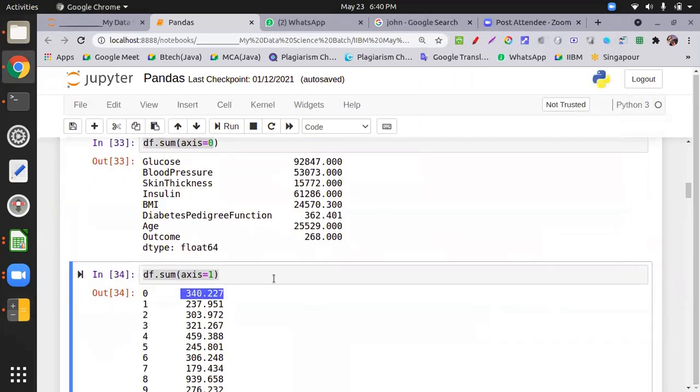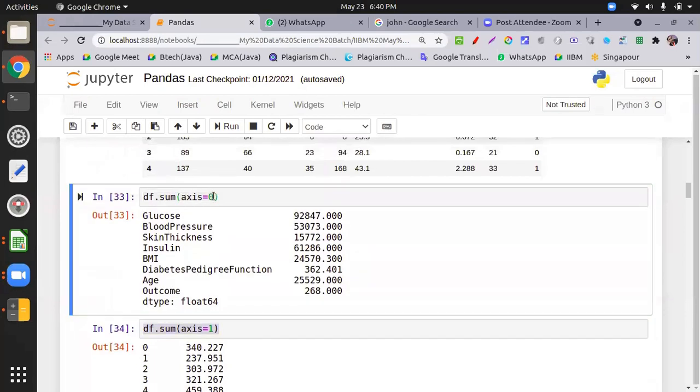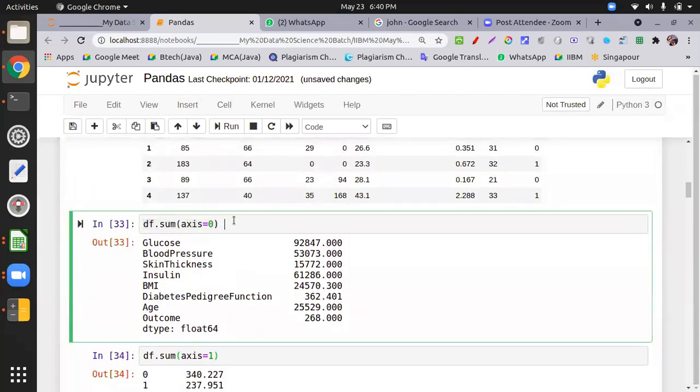So this is row wise calculation. We cannot perform it column wise because there are 750 rows. So we can verify this one. It depends on the situation whether you want to sum column wise or row wise. This is column wise.